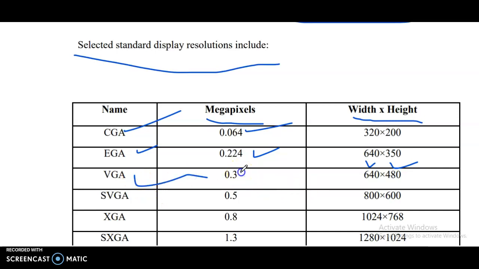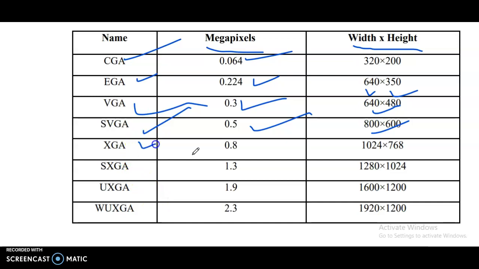VGA, 0.3 megapixels, 640 x 480. SVGA, 0.5 megapixels, 800 x 600. XGA, 0.8 megapixels, 1024 x 768. SXGA, 1.3